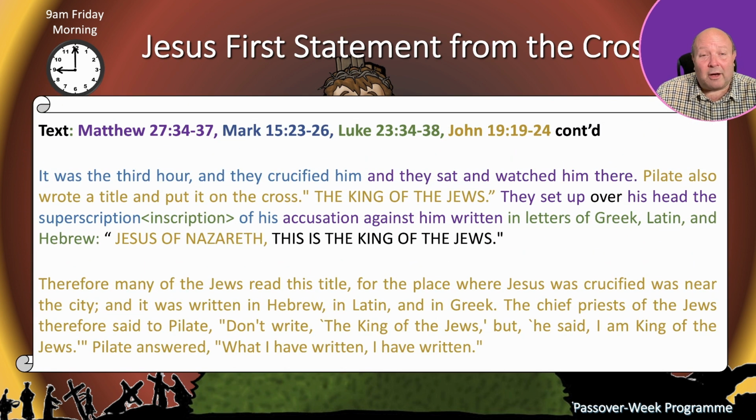And it was the third hour. So the third hour here, unlike the sixth hour in John, is measuring using a Jewish way, which is from dawn. So if you think of dawn around five to six, it's probably at this stage around nine. So they crucified him. They sat